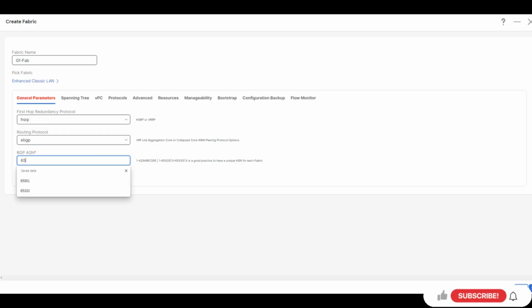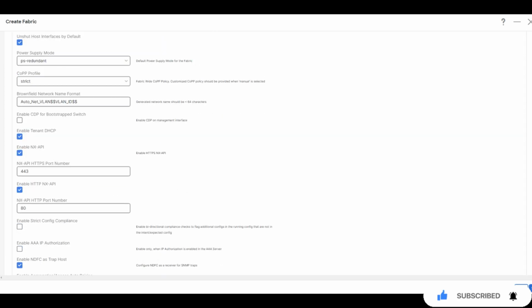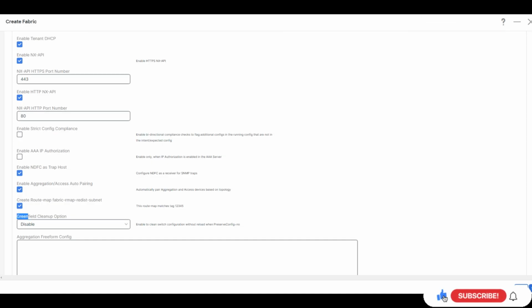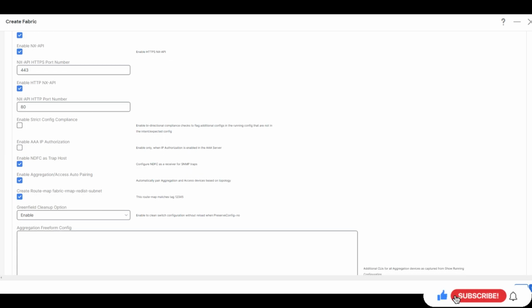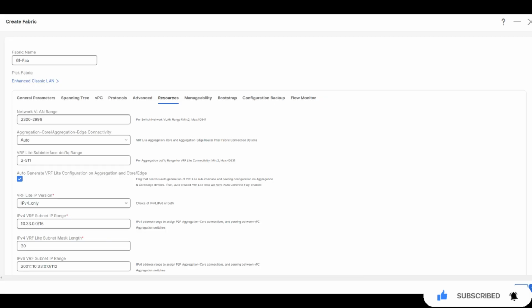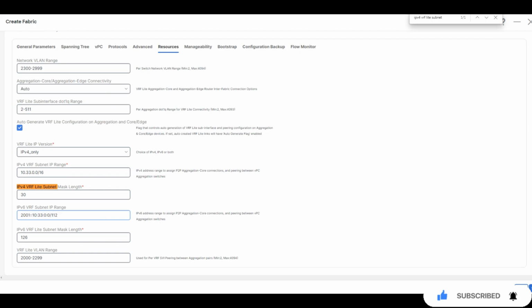In the Advanced tab, we're going to scroll down to what we call the Greenfield Cleanup option. We'll drop down to Enable. To avoid overlapping with the Brownfield fabric, in the Resources tab, scroll down, we want to find the IPv4 VRF Lite subnet IP range. Let's change this to 10.35.0.0/16,